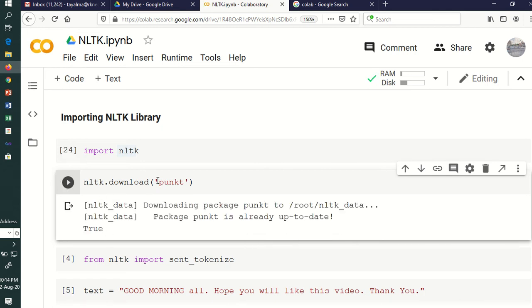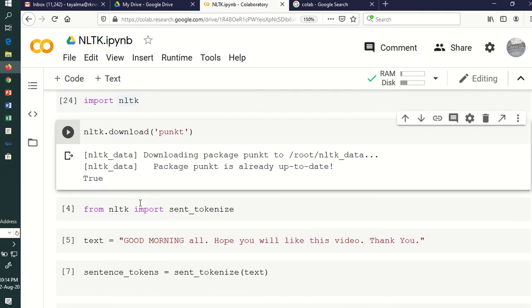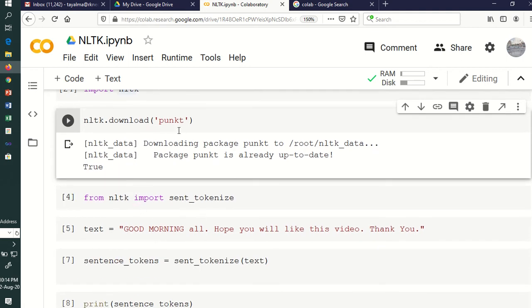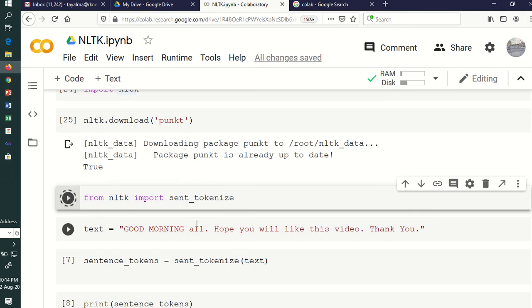That means this package is downloaded properly. This punkt is responsible for tokenization. Now I am importing a method, sentence tokenize: you write from nltk import sent underscore tokenize. With the help of this method, I'll be passing one text to it, and then I'll tokenize the sentences.